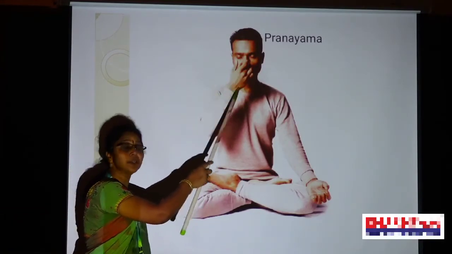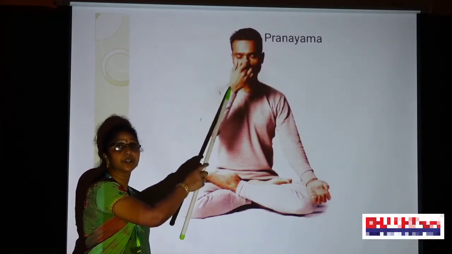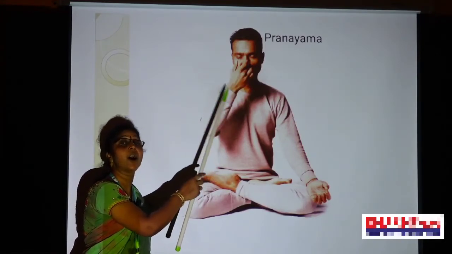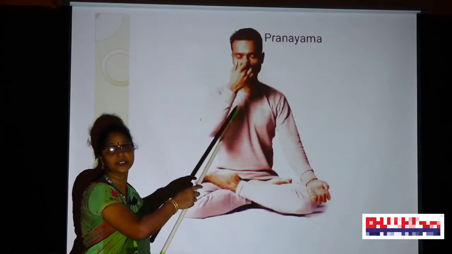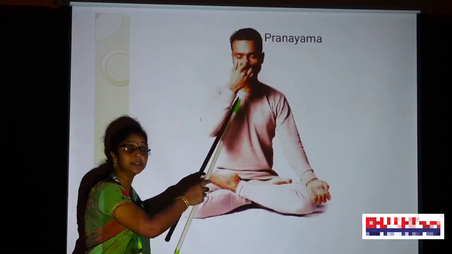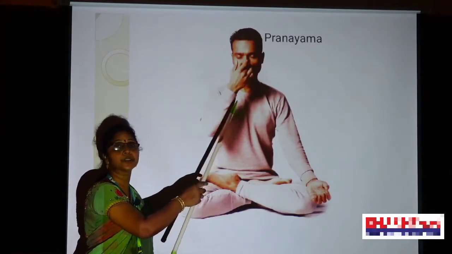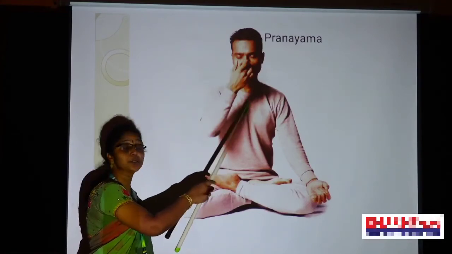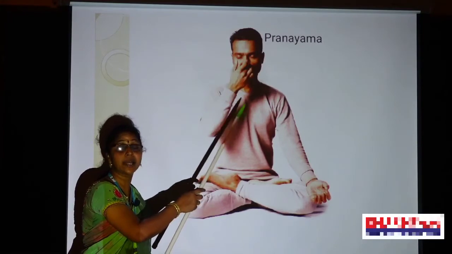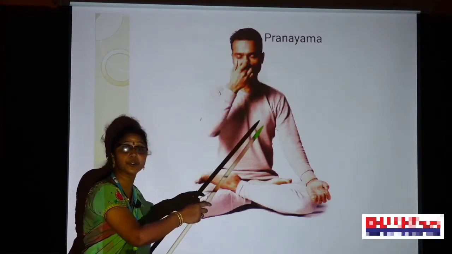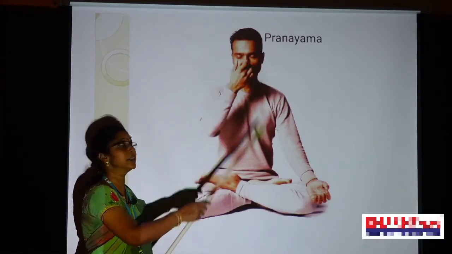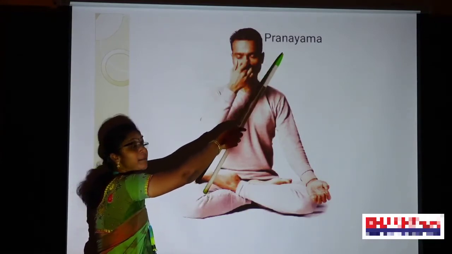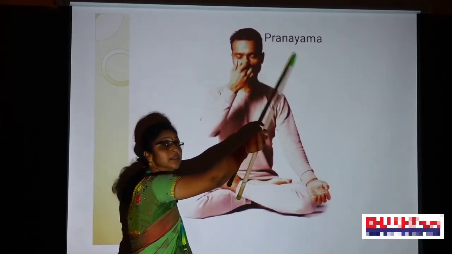What is the use of the deep breath? By breathing deeply, we can increase the amount of oxygen. Now what happens? The brain and tissues are more active. The respiration reduces from 22 times per minute. That's why we are doing this activity. The pranayama. Prana means gas, yama means journey.